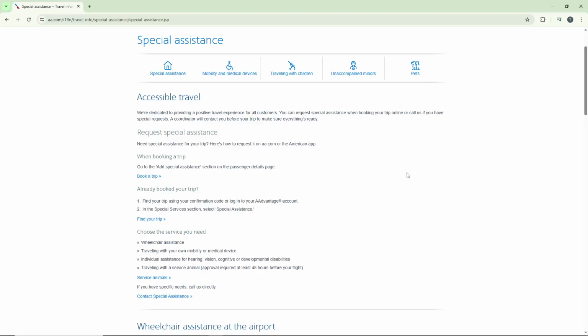Today, I'm going to teach you how to add wheelchair assistance on American Airlines. Whether you're planning ahead or need to update an existing booking, this process ensures you get the support you need for a smooth travel experience. American Airlines is dedicated to providing accessible travel for all customers, and they make it pretty straightforward to request special